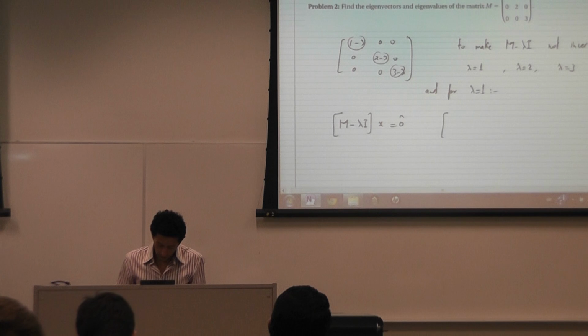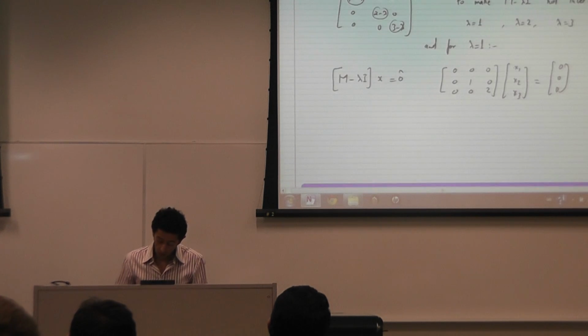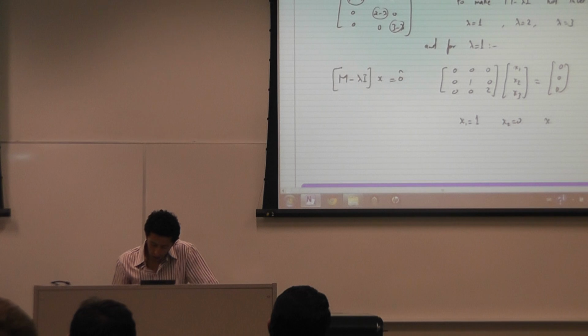Which means the matrix 0, 0, 0, 0, 1, 0, 0, 0, 2, multiplied by x1, x2, x3, equals the 0 vector. What should I put here to give me the 0 vector? You'll find that I can put x1 equal to 1, x2 equal to 0, x3 equal to 0. Therefore x equal to 1, 0, 0 is an eigenvector